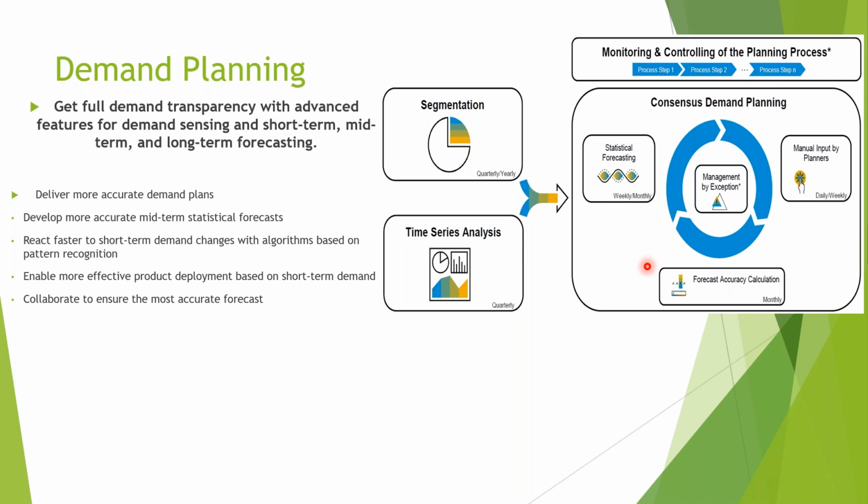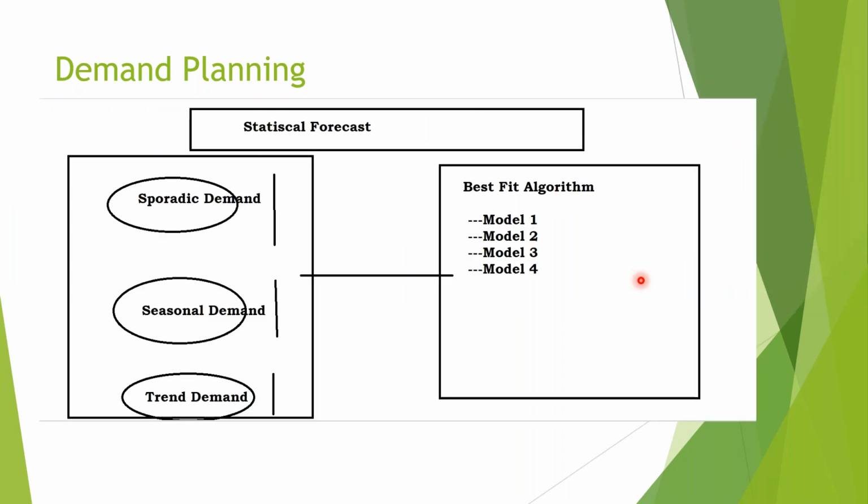We'll also talk about forecast accuracy, which is one of the major areas that companies will focus on: how to improve the forecast, and how the error rate can be decreased. How do we measure that the forecast is accurate? If the error rate is less, it means it is a more accurate forecast, right? If the error rate is more, it means it is a less accurate forecast, right?